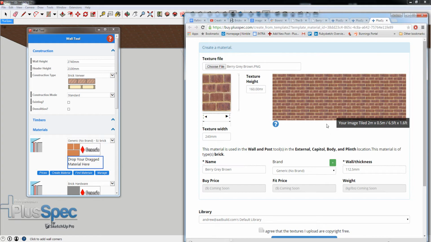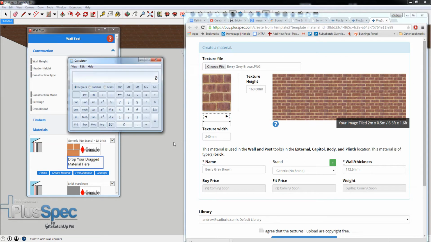Right, and I can see it actually tiled not too bad. It's a little bit repetitive, and I'll explain that to you, but I also need to know the width of my texture. So I've got 2 bricks now. So if I bring up my calculator, and I'm going to surmise that it was a 215 brick plus a 10mm mortar joint, so I'm going to say it right in here,